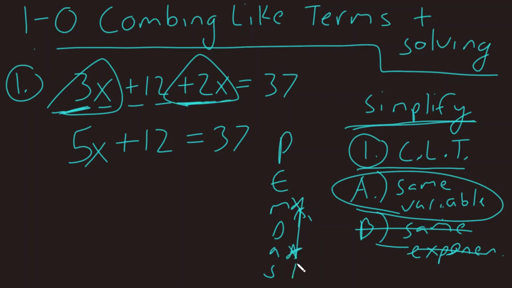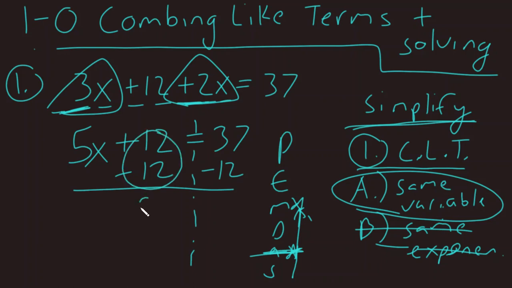We know that going from the bottom to the top, the first thing we have to get rid of is the addition. So what is the opposite or the inverse of plus 12? Well, it's going to be minus 12. I draw my brick wall, and what I do to the left, of course, I do to the right. So now I have 5x is equal to 37 minus 12, which would appear to be